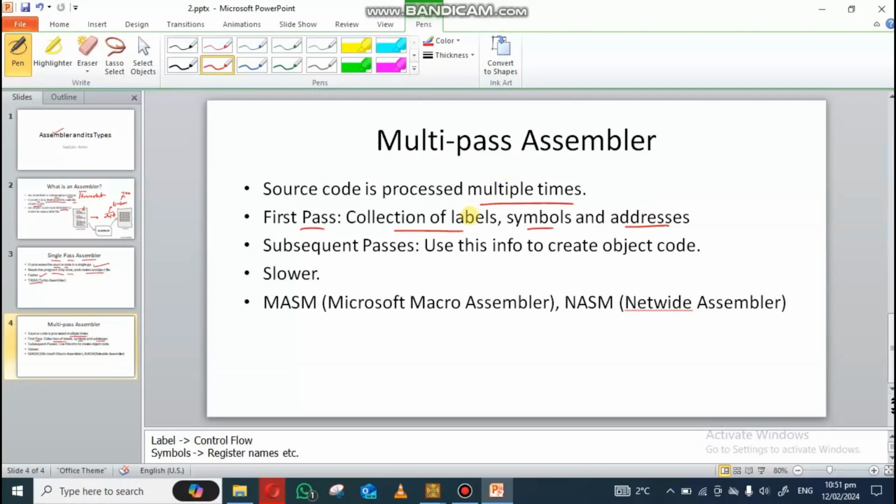A label is simply the labels that we use in C or C++ too. These are the same as those other labels. So apart from that, the symbols, maybe the register names, maybe the variable names and all. We can also use memory addresses in our assembly code. So in the first pass, the assembler is going to be collecting all of these things